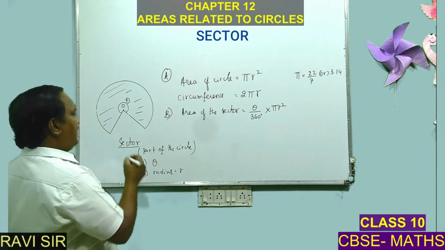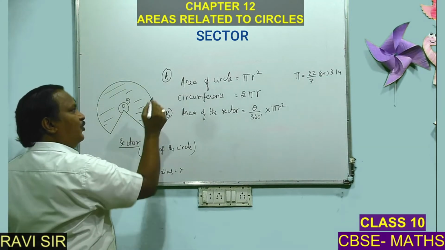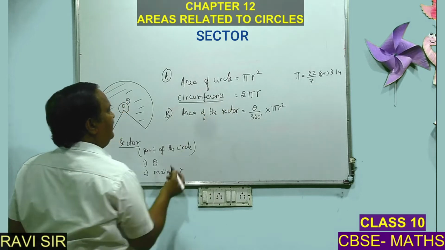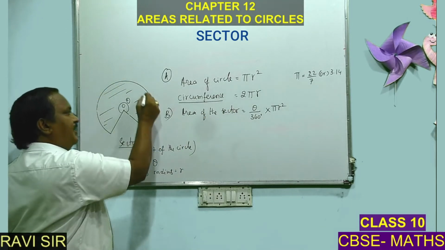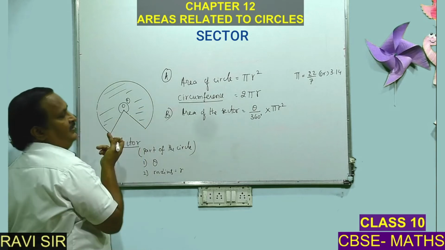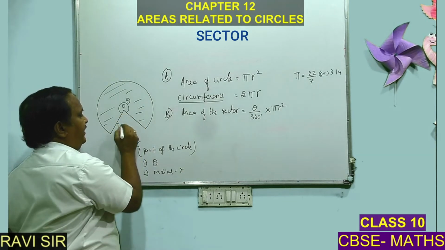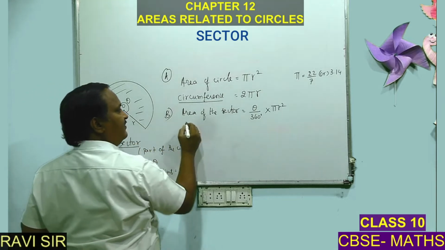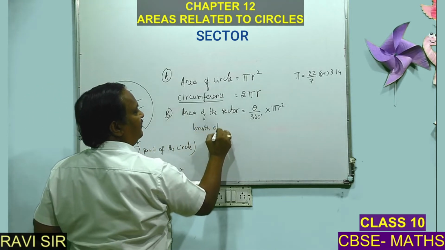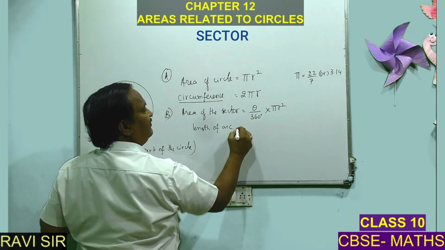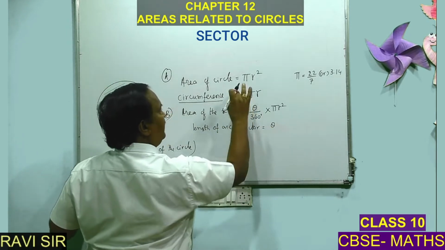Then let us understand the circumference also. When it is only the circle, we have circumference. When it is becoming a sector, what happens? Circumference, that means the length of the arc, and also a line segment, the radius. Okay. So here two things will come. This is one, the length of the arc of the sector, which is equal to, again, a part of 2 pi r.